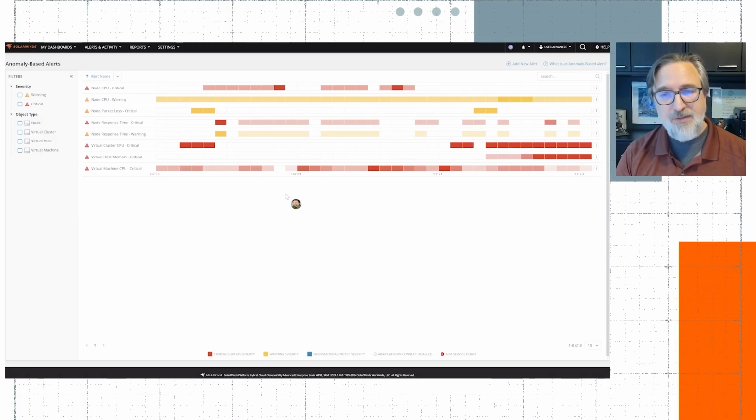The idea is that you don't have to update your code to take advantage of the improvements that we're making in the cloud. What you do is you connect your instance of HCO to the cloud through our technology called Platform Connect. That will start to push some of the information that we have, not all of it, but some of it, things like CPU, memory, response time, packet loss.